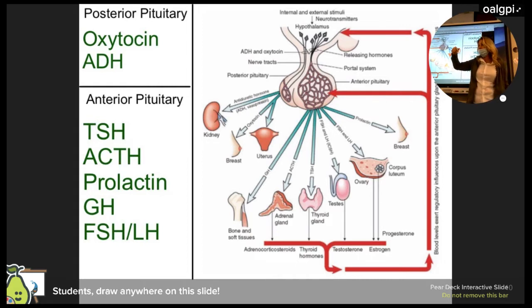That's the hormone that makes you what? Contract the uterus in order for a baby to be born. That was our classic positive feedback example. As the baby's head, hopefully head, not feet, pushes against the cervix, that sends a signal back to your brain and it tells you contract even more, right? And so then the hypothalamus tells the posterior pituitary secrete even more oxytocin, which increases the contractions, which makes you push even harder against the cervix.